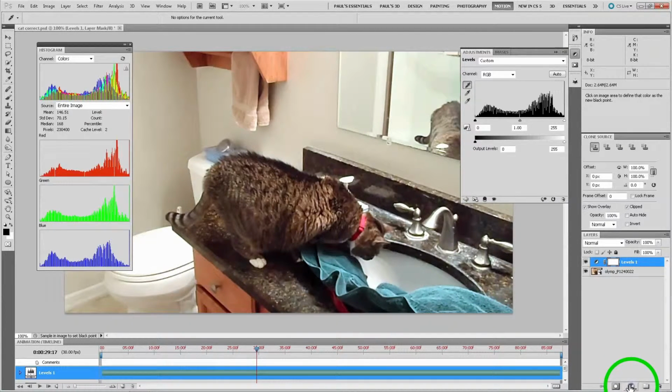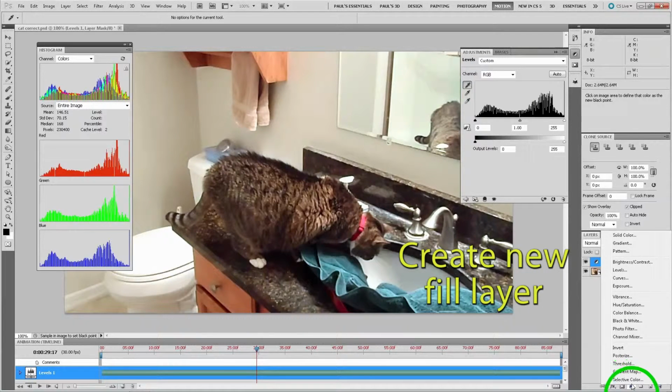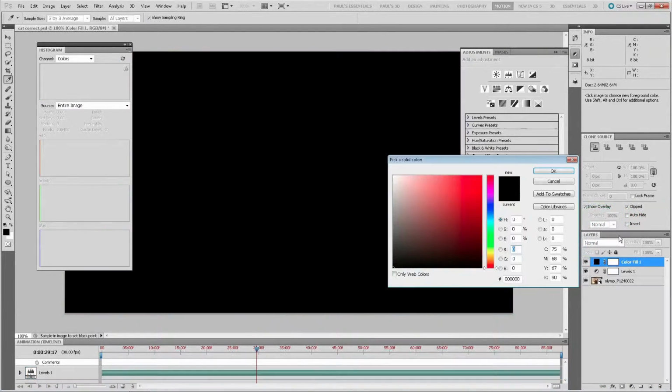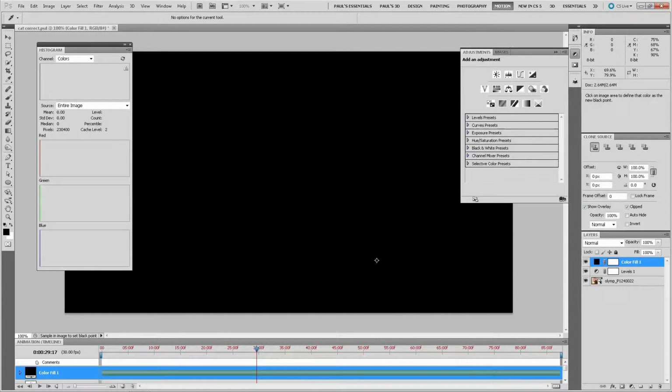Down to the circle there, in the layers palette. Create a solid color layer, black preferably. Okay. Now you can't see anything. All right. Go to Tools, the Gradient tool.